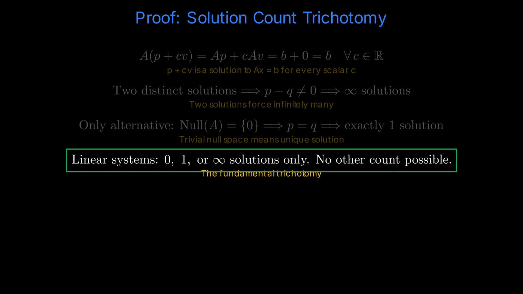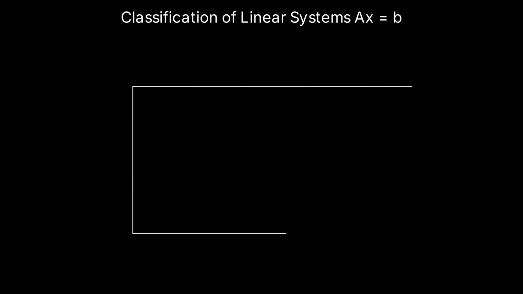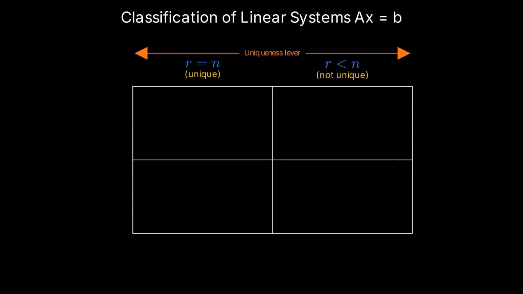As a small contrast, note that a nonlinear equation like x squared equals 1 can have exactly 2 solutions, but that can never happen for a linear system. Now let's pull back and see the whole picture. We'll draw a 2 by 2 grid that classifies every possible linear system. One axis asks, does R equal N? This is the uniqueness lever. When yes, N minus R equals 0, meaning no free